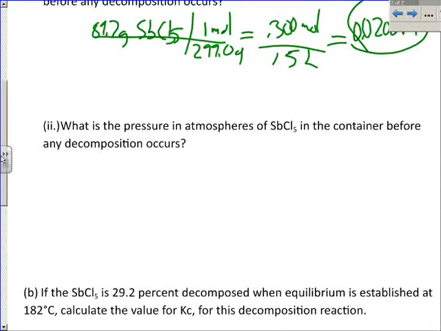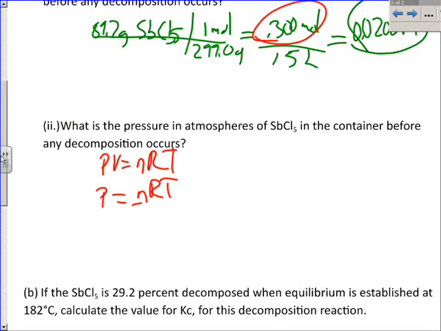So next question, what is the pressure in atmospheres of SbCl5 in the container before it decomposes? Well, notice it's talking about pre-decomposition again. So I'm not jumping into an ICE problem yet, but I do have something right here that's going to help me answer this. So when I'm dealing with pressure, that would be PV equals nRT for the problem. And if it's asking what the pressure is, just like we did in the previous problem, that would be nRT over V. So when we plug in our numbers, we've got